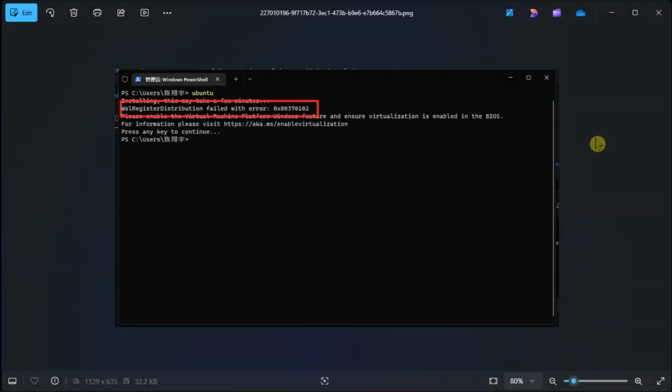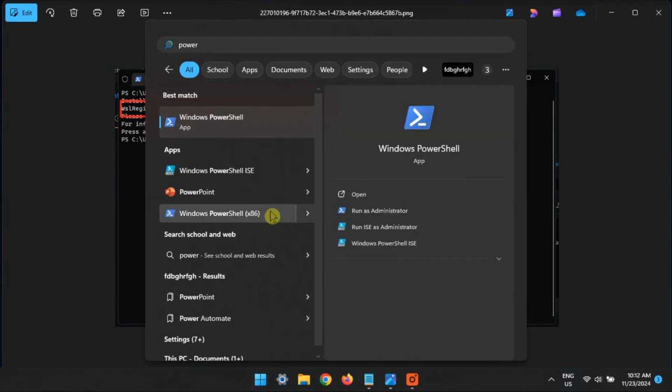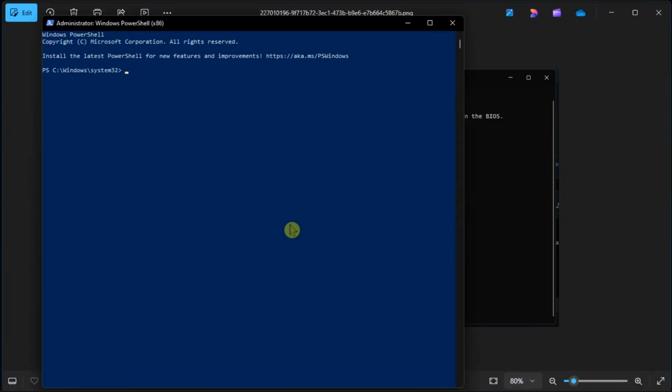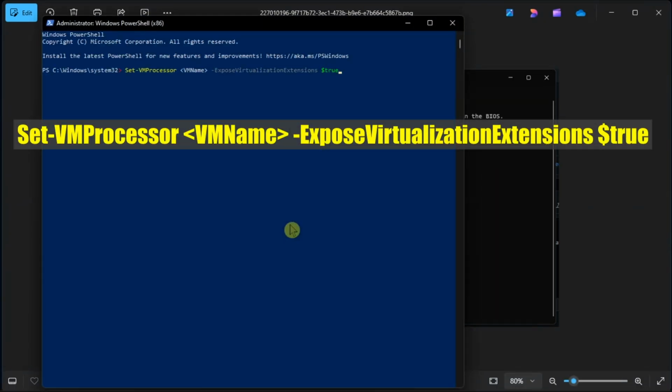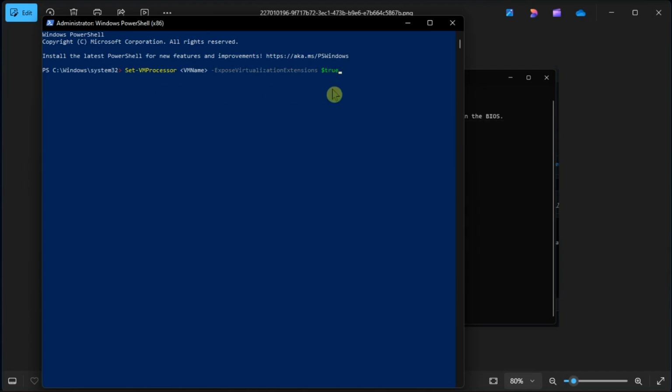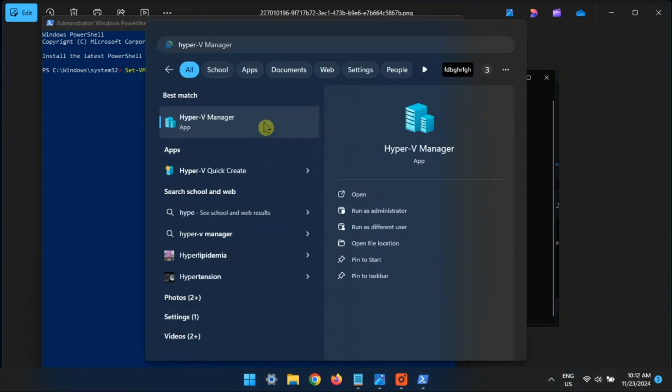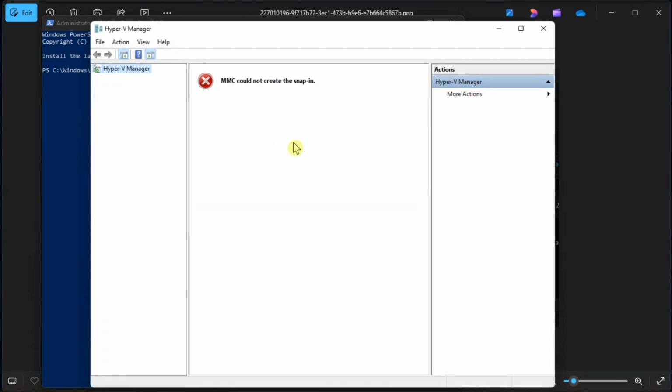Another fix you can try is to enable nested virtualization. All you have to do is open PowerShell with admin rights, type in the following command, then press Enter. Now launch the Hyper-V Manager,